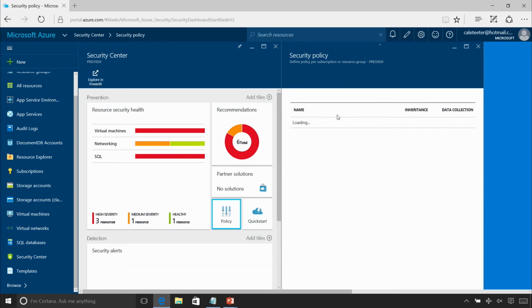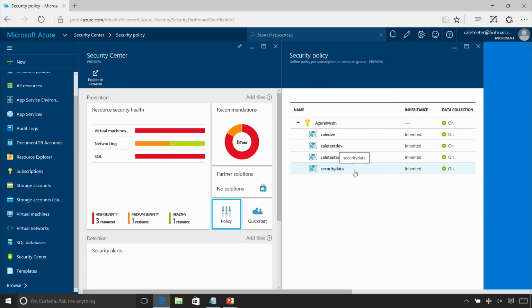You can also control your policy. By default, the policy is to turn on data collection. What does that mean? Anything this can reach out to, whether it's a SQL database or an IaaS VM, it can reach out and provision an agent. So all the data coming back here from these virtual machines is coming back through the agent that it deployed on the box. I didn't have to do anything.